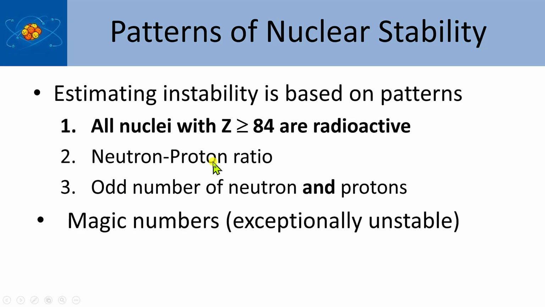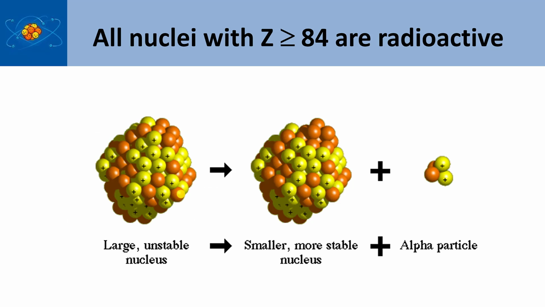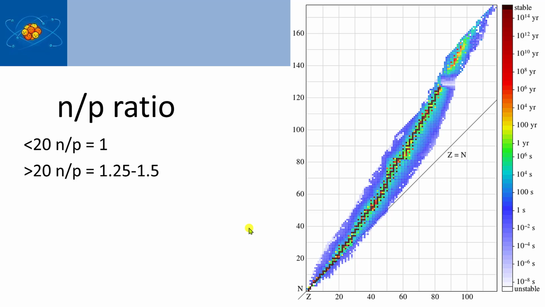One is the neutron to proton ratio that we'll be looking at, and the other one has to do with odd numbers of neutrons and odd numbers of protons. So what I wanted to talk to you first, before I explain to you neutron-proton ratios,